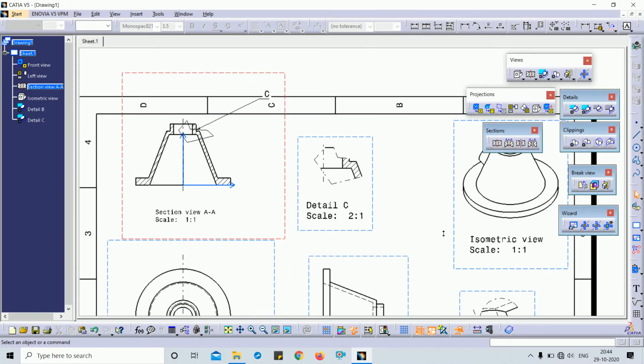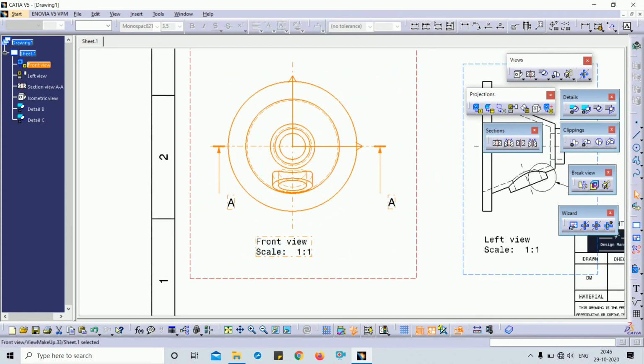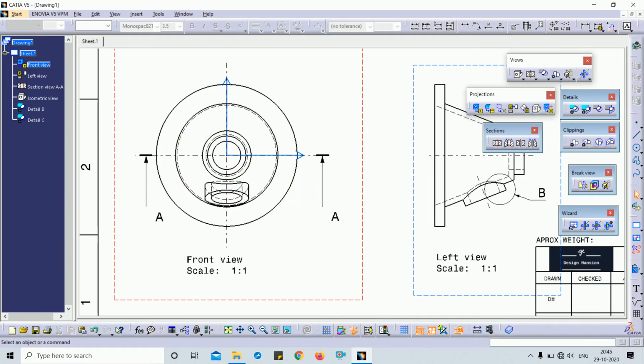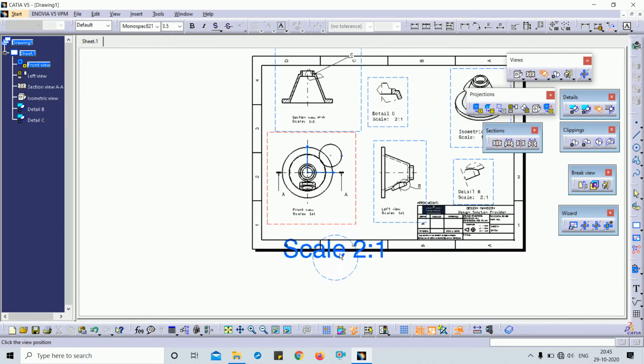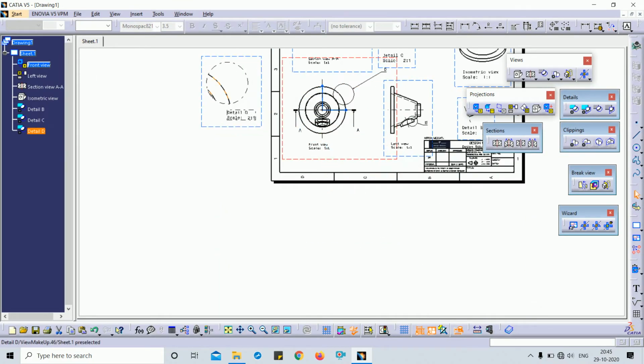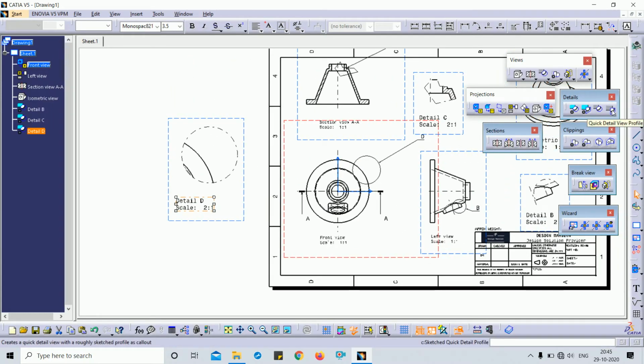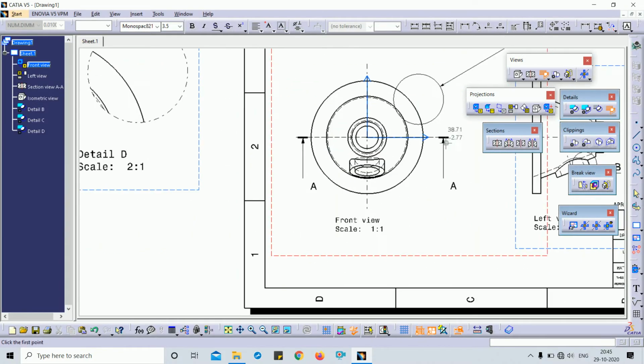And similarly, you can put the quick detail view. For example, I have just drawn this circle. This is my front view. Double click to activate this view, just draw and put. You can see this is my quick detail view. Similarly, you can put the quick detail view profile.